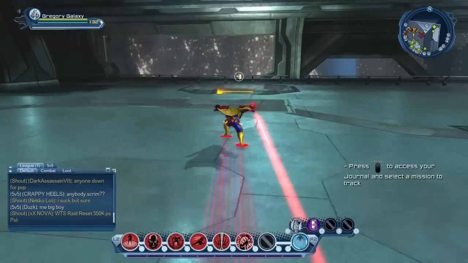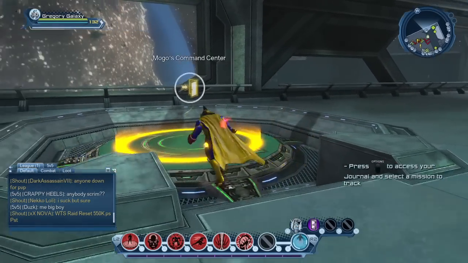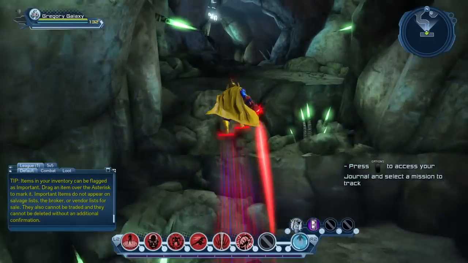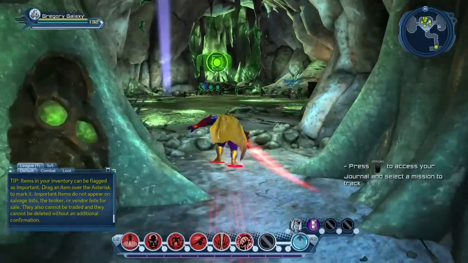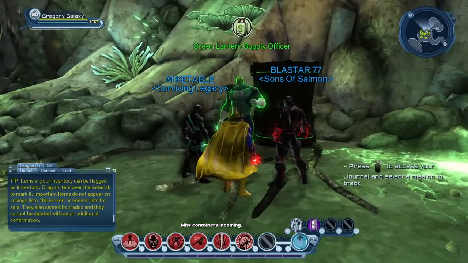So first, let's see, Mogo, that's where I want to go. Mogo is the living planet for the Green Lantern. So what we do is once you collect the Atlantean gear, which will get you basic tier 5 stuff, we come to Mogo and fly over here, and you come over here,